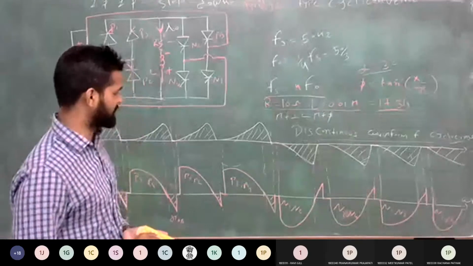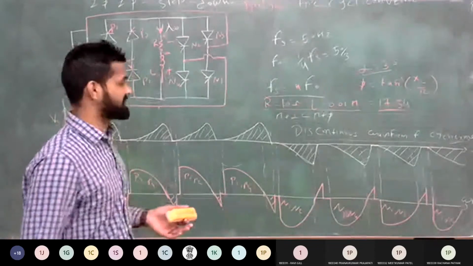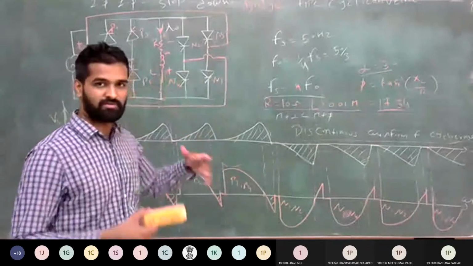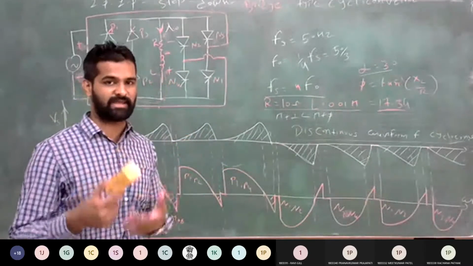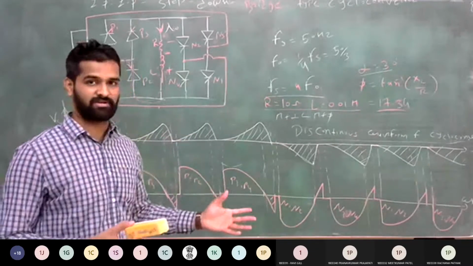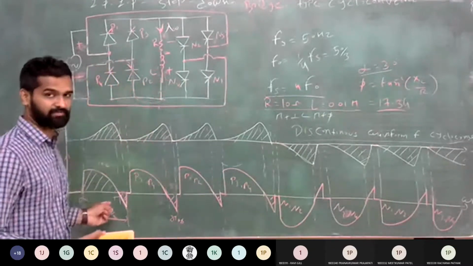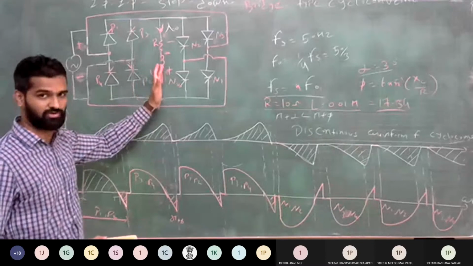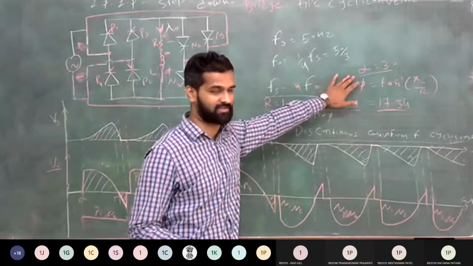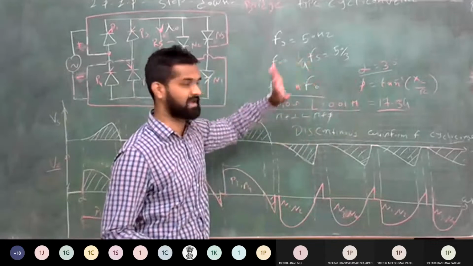So here I stop this lecture on this topic. Again I will summarize this lecture. We started the step down cycloconverter with two configurations: the midpoint configuration and the bridge configuration. Both configurations can give the step down frequency. The only change is the number of thyristors conducting. In the midpoint type only one thyristor conducts, in the bridge type two thyristors conduct. First we saw the waveform for resistive load. Thereafter we saw the waveform for different alpha like alpha 30 and inductive load, and the output frequency is 1 by 4 times Fs.